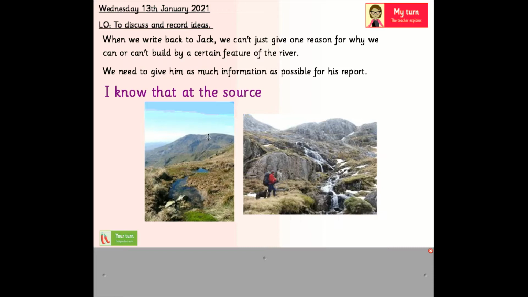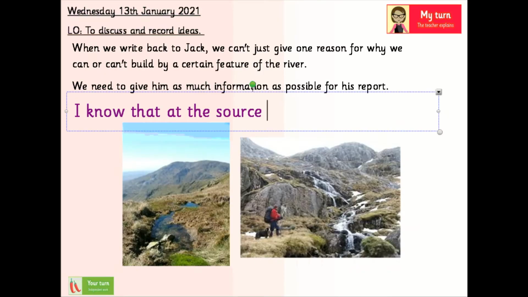In the distance you can see these really tall towering mountains over here. Here it looks really quite rocky and steep. There's a man standing watching that river travelling down from its source, making little waterfalls as it trickles down the mountain. So I know that at the source